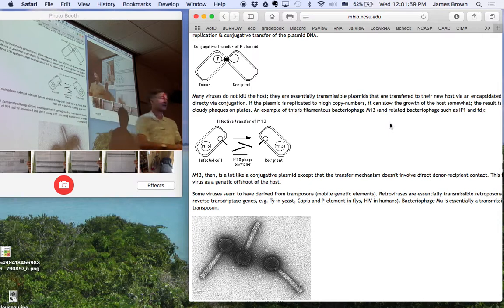M13 exists as a double-stranded circle in the host cell. It does not kill the cell. It does have a phenotype. The cells grow a little slower. There's some cost to the host of maintaining this DNA in it, but it's not lethal in any way at all. M13 is really a lot like F. It's just that it encodes a coat protein so that it can be transmitted indirectly. All you have to do is add a lytic gene to this, so that if it's an advantage of the host to reproduce very quickly and lyse the cell, then you've got a lytic virus.